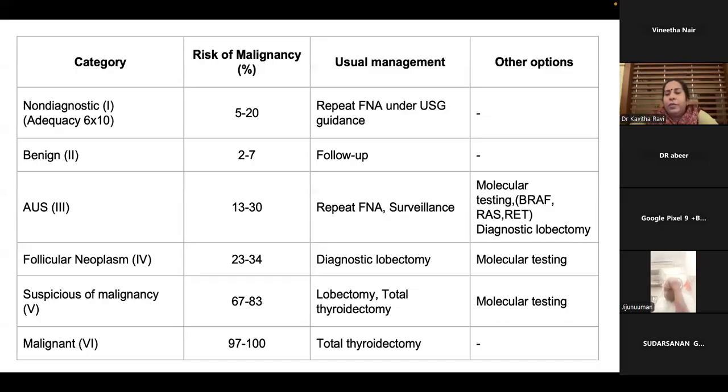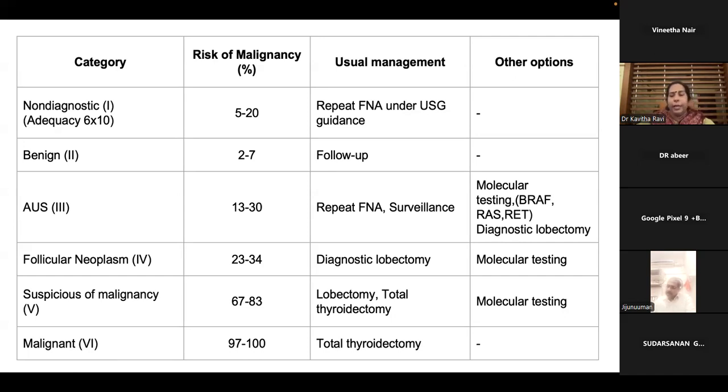What you can do is repeat the FNAC and again keep under close follow-up or surveillance. So that is very important. These patients, it could even be a malignancy. So if the repeat FNAC or the ultrasound, the clinical evaluation, all these are highly in favor of a malignancy,